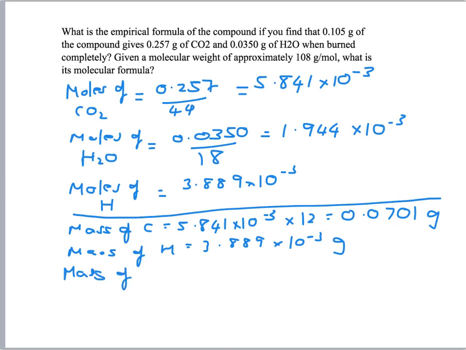Okay, good. So let's work out my mass of oxygen that I've got. So mass of oxygen is going to equal my mass of the compound minus my mass of carbon minus my mass of hydrogen. That should be 10 to the minus 3. Let's just correct that. Minus 3. So let's do that. And I make my mass of oxygen to be